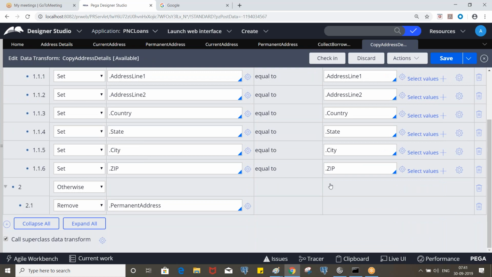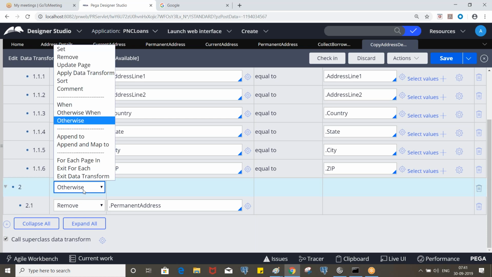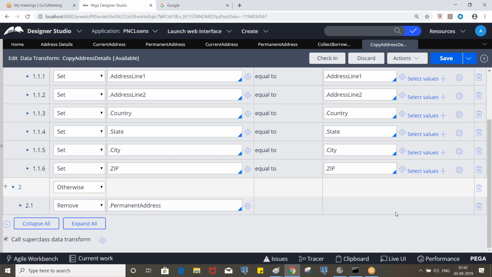Yeah. For another when, again you need to use otherwise, right? If we use otherwise when, again you need to put the condition, and you can do it in the same way, and then in the third step it will be otherwise. Satya, could you please repeat the multiple when point? Let's say you have another condition where you need to take the values from a different place, for example. In that case we can use otherwise when. But here there are only two possibilities, either true or false.